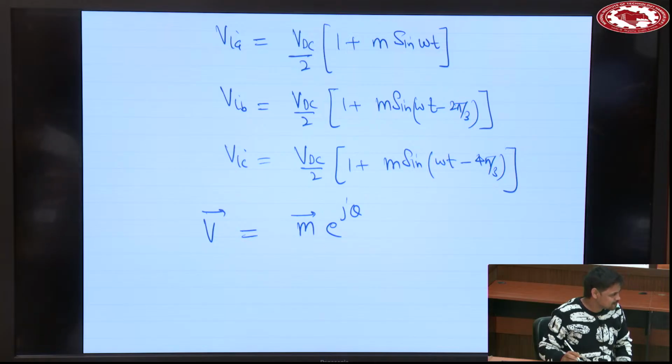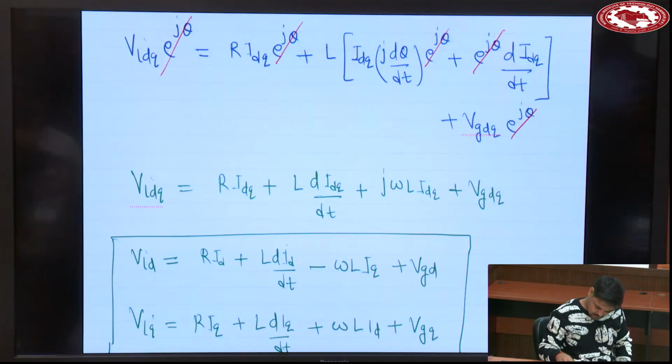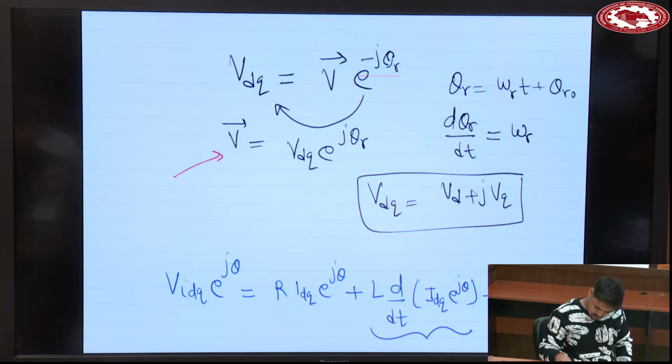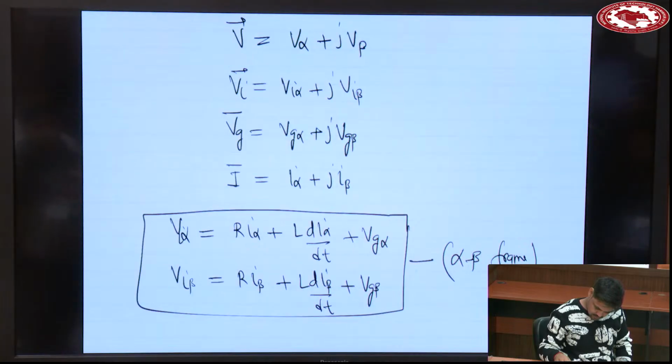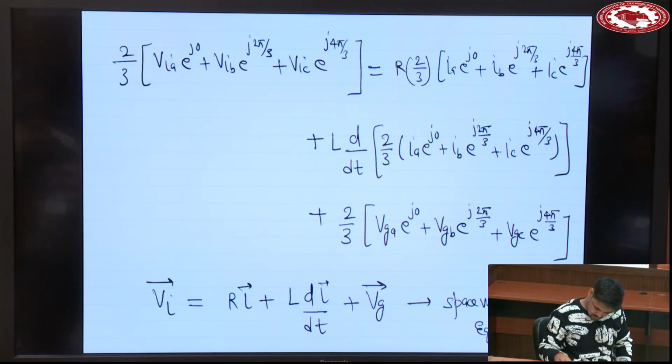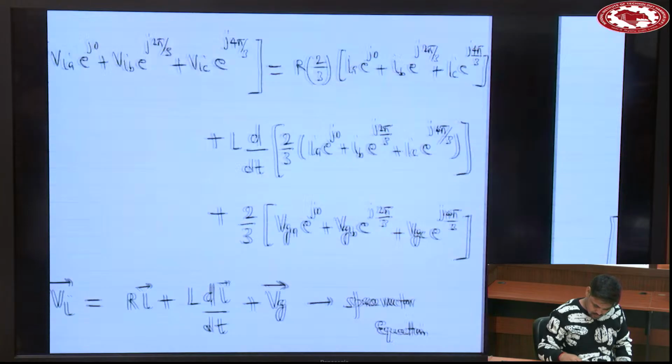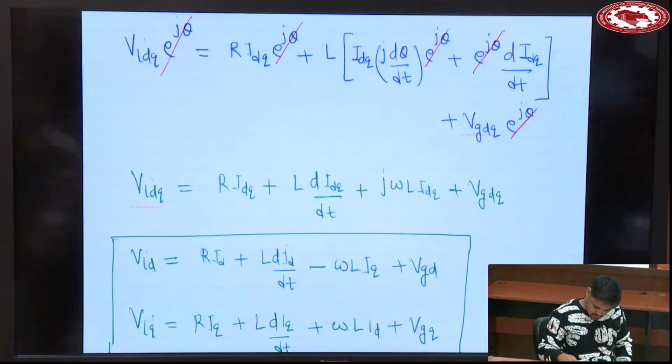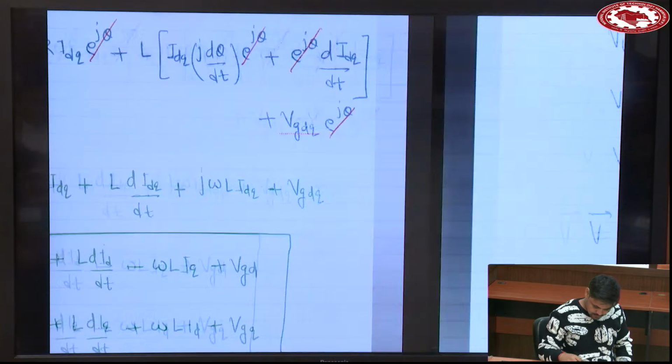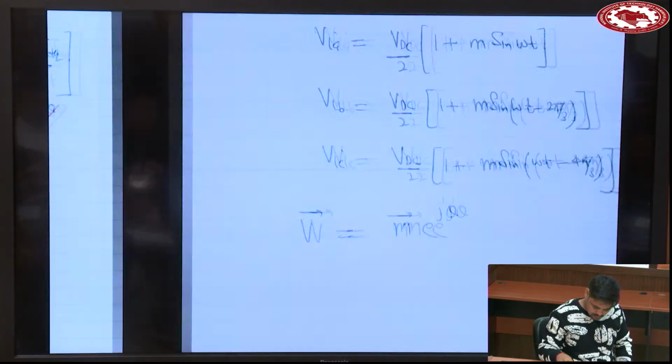Okay, in previous equations we have used plus 2 pi by 3, VIB multiplied by e power j 2 pi by 3. Go back. VIB multiplied by e power j 2 pi by 3. Now you are going to minus 2 pi by 3. Oh, it's